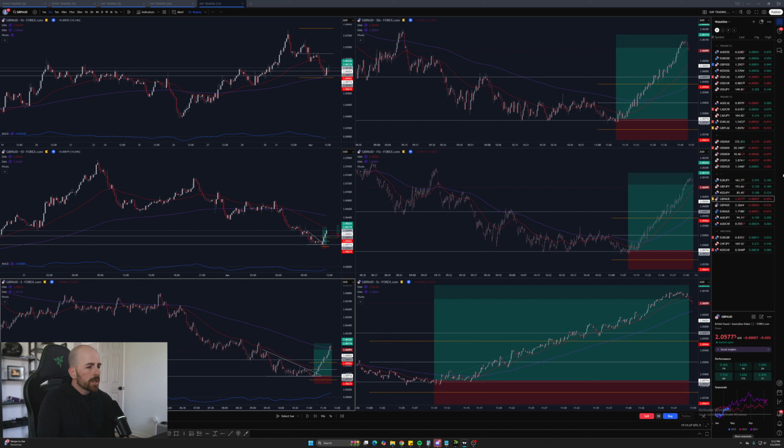Still getting used to micros a little bit, but I'm starting to figure it out. I'm starting to get a lot more comfortable. Feeling good about them. I'm seeing stuff like this constantly, so it feels good. And my strike rate is in a good spot right now. And overall, my stats are in a good spot right now. So feeling good. And then this trade